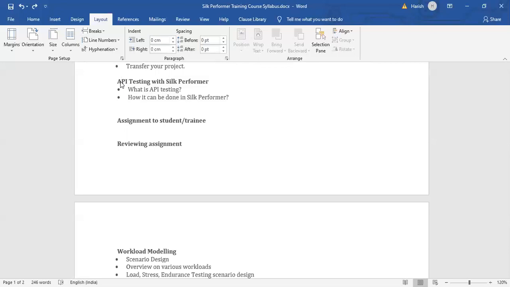Well, here comes the time to have hands-on with the tool. These two topics are basically assignments for students and reviewing assignments. In these two topics, I'll make sure that the session is more interactive and you will be given a scenario for scripting on a web application.